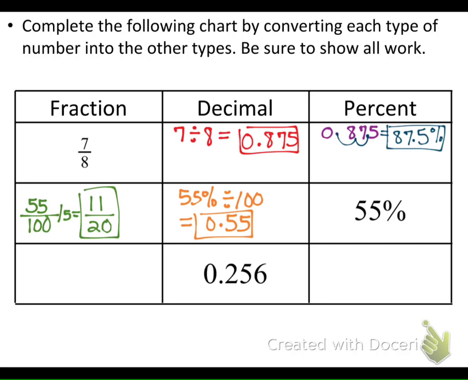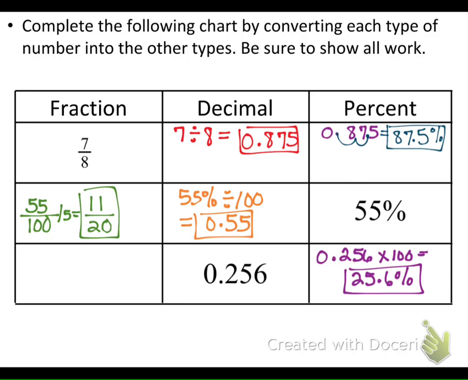Okay, now we're in our bottom row. Rihanna. Okay, how to change the decimal to a percentage? 0.256 multiplied by 100. 25.6%. Okay, so to change this decimal to a percent, we decided to go ahead and multiply it by 100 instead of moving our decimal point to the right twice, which is still an acceptable way to get it, and we end up getting